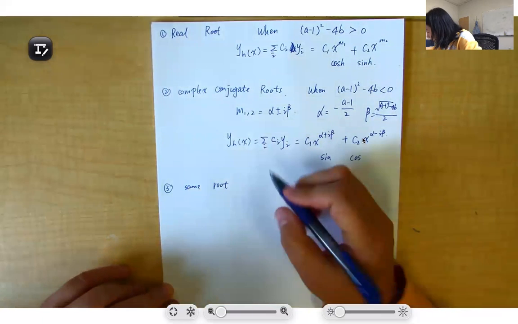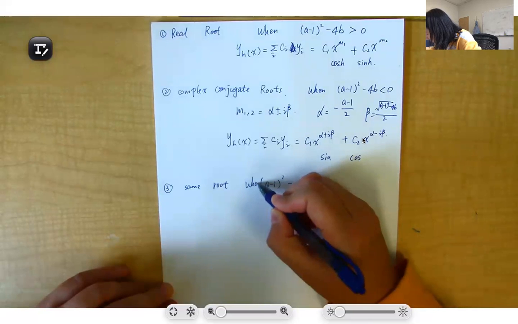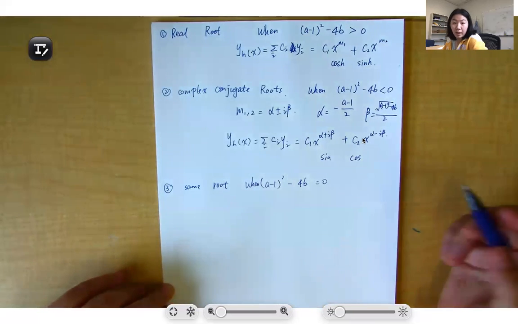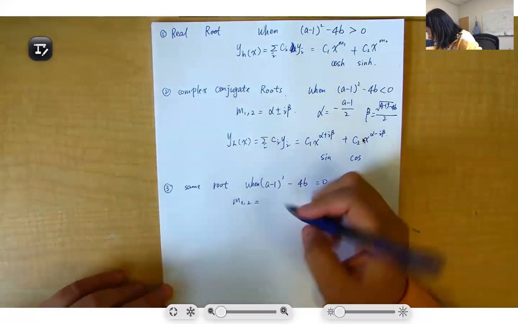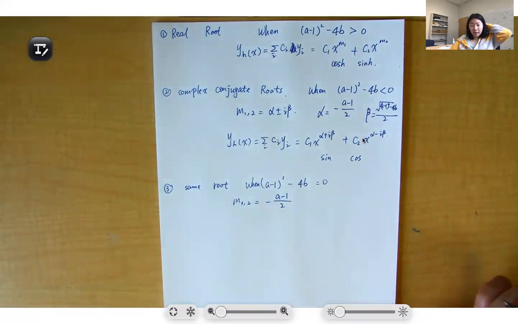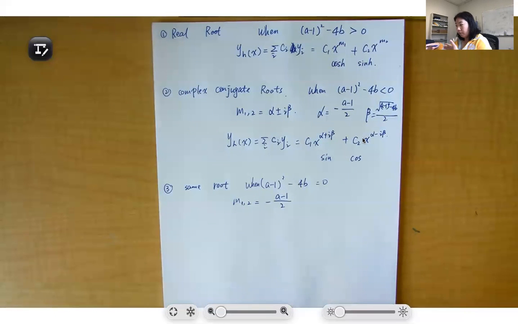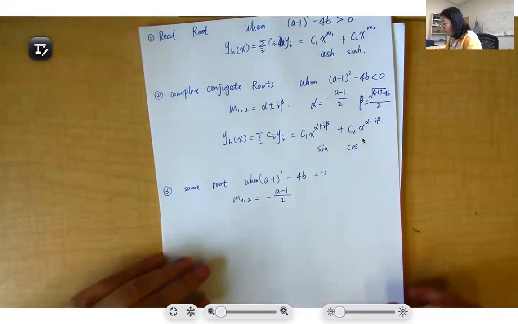So that is when (a − 1)² − 4b equals 0, so that you have the same root: m1,2 will be equal to the same thing, which is (−a − 1)/2. So you only get one root, and in order to construct your complete homogeneous solution,